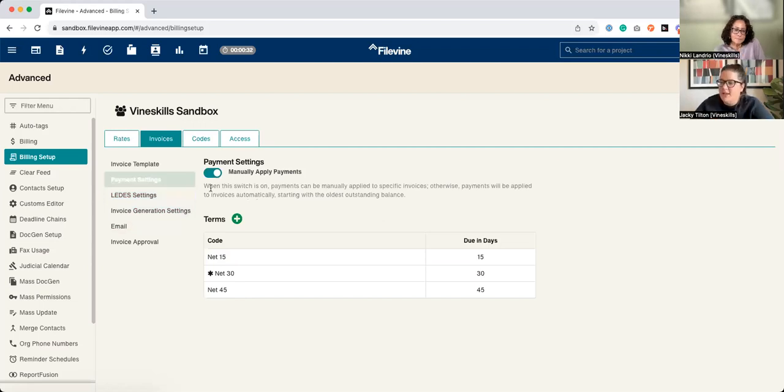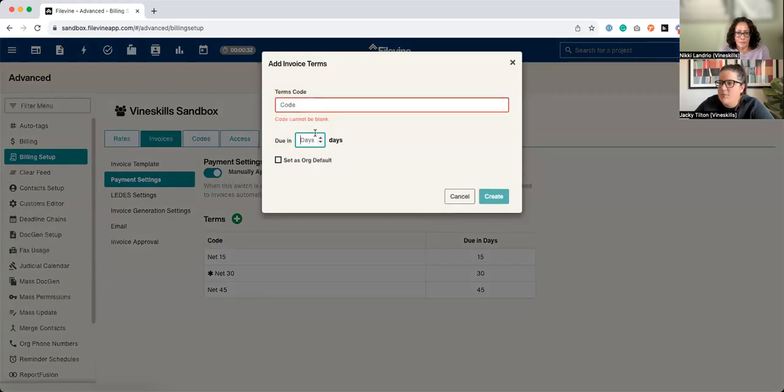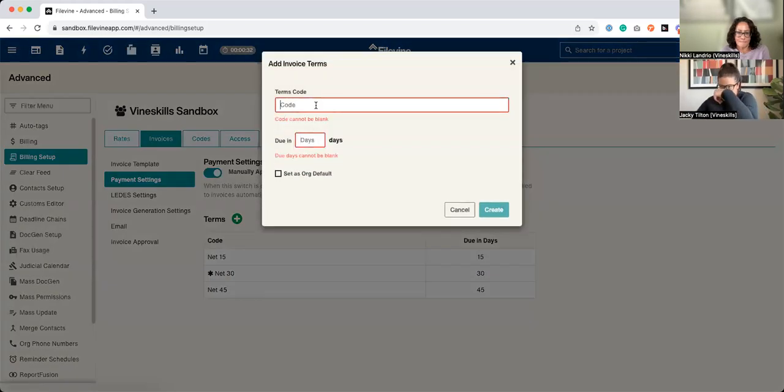Payment settings, you can do terms. So 15, 30, just depending on what kind of terms you want to do. You can say the certain term code and then have it due in a certain amount of days. You can even set these as like an org default. So kind of like what I was showing in the rate schedule,